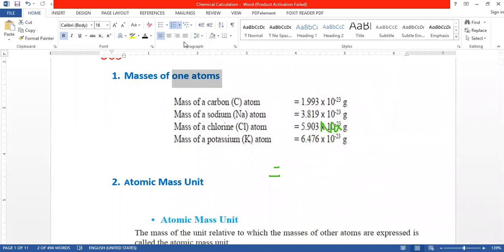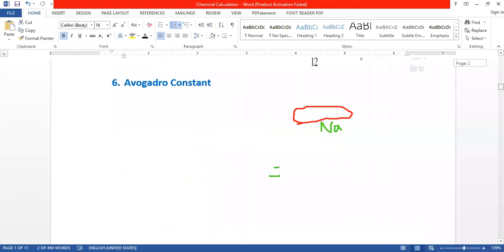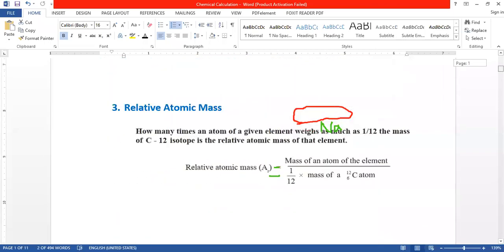See, look at this one: 3.819 times 10 to the power minus 23. So if I apply that 3.819 times 10 to the power minus 23 in this equation,